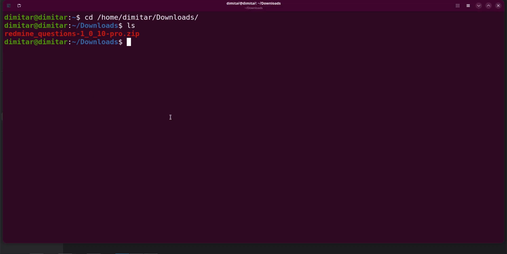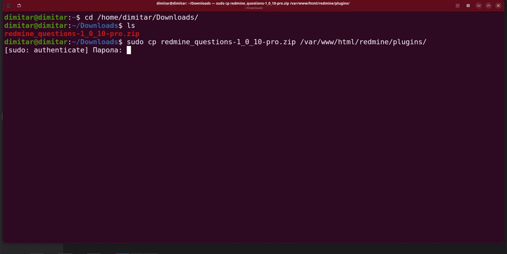Okay, so the next thing is that we need to copy this into the Redmine plugins folder. It happens with the command sudo cp, the Redmine questions file, and then the path of your Redmine. Please take a note that I have installed my Redmine into this directory. However, in your case, it could be different. Your Redmine could be installed somewhere else. Please double check this before proceeding further. Okay, so we click enter now and insert our password for the sudo